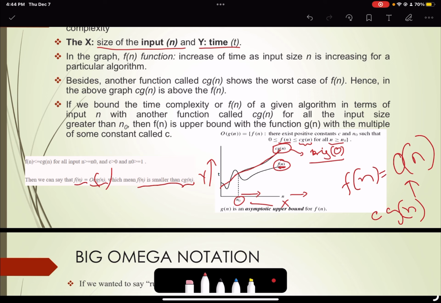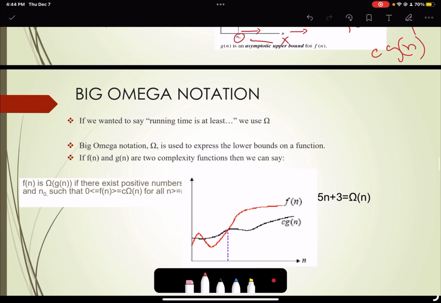If we consider the time complexity or the function f of n of a given algorithm, in the previous example we studied 2n plus 3 as a function f of n in terms of the input n, and another function called g of n. For all input sizes greater than n naught, f of n is bounded by the function g of n with a multiple of some constant called c, that we studied in the previous